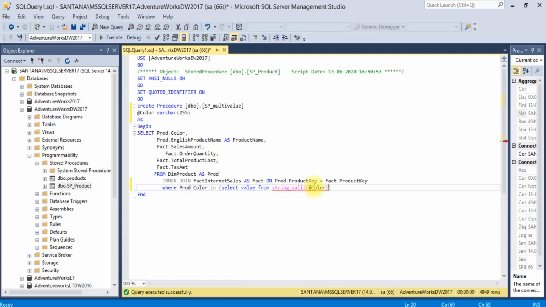Here, value not equal to blank. For the safe side, I have written like this.